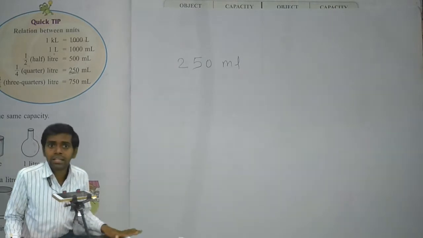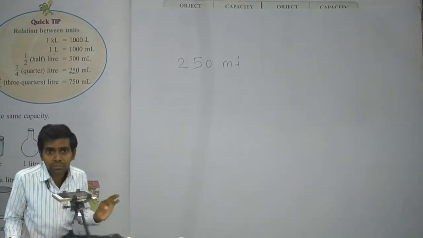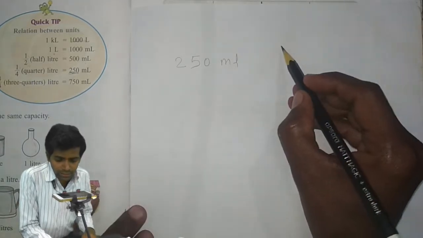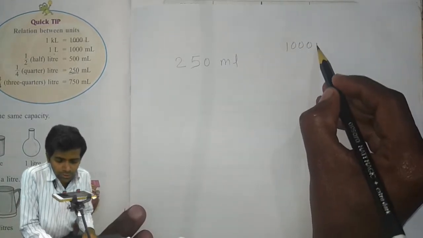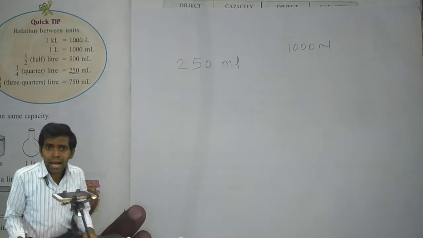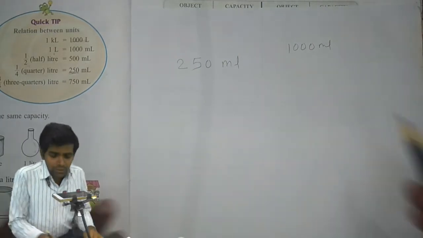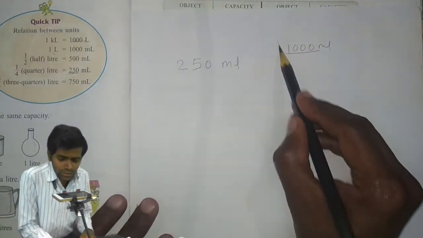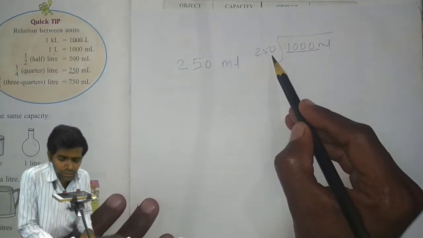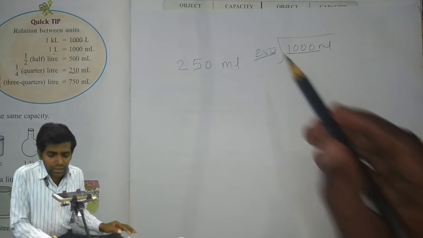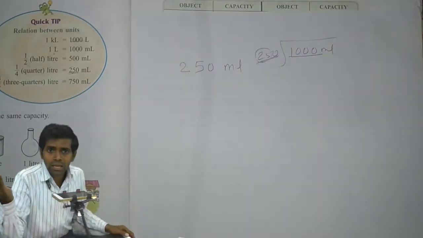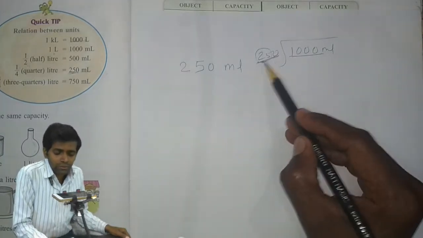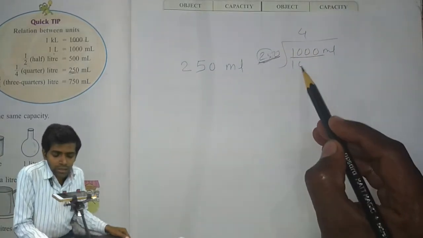We know that 1 liter is equal to 1000 milliliters. We have a big container of 1000 milliliters and we have to find in how many times this 1000 milliliters will be filled. ये पूरा complete हो जाएगा. It is very simple. We will divide by 250 milliliters. 25 ones are 25, 25 twos are 50, 25 threes are 75 and 25 fours are 100. So 250 fours are 1000.